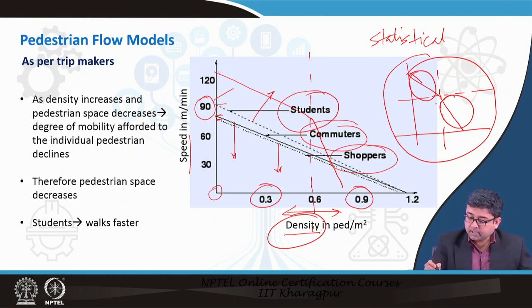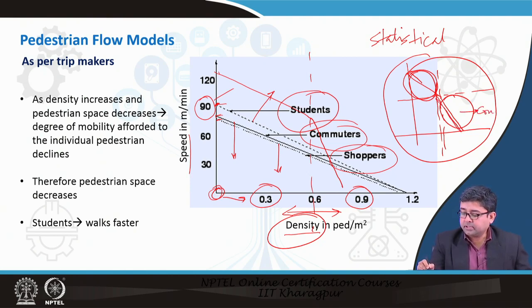So, the top part usually is the uncongested situation, right, because here the density is 0 and so you can have free flow speed from here. As the density increases, your speed reduces, but beyond a certain density, it is a congested flow situation. So, this half is a congested flow situation, whereas this is an uncongested flow situation, and your behavior changes.